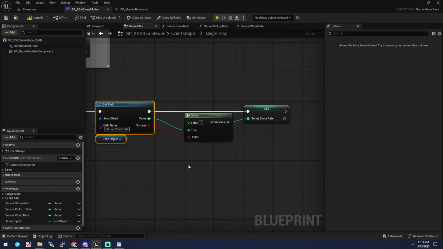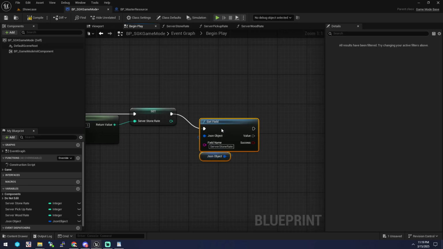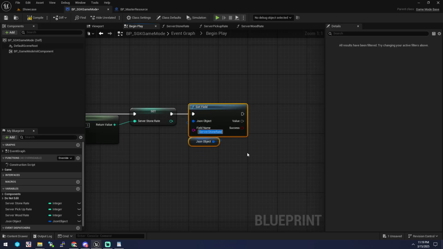So we're going to save time here, unless you want to type it out, and just copy and paste that, and then we're going to grab our